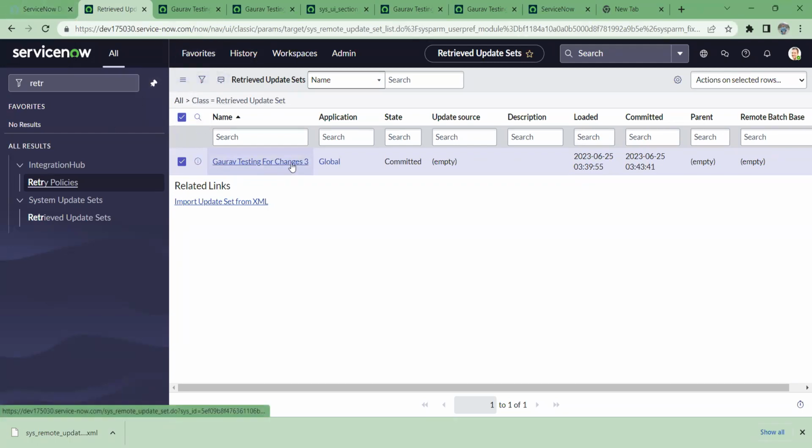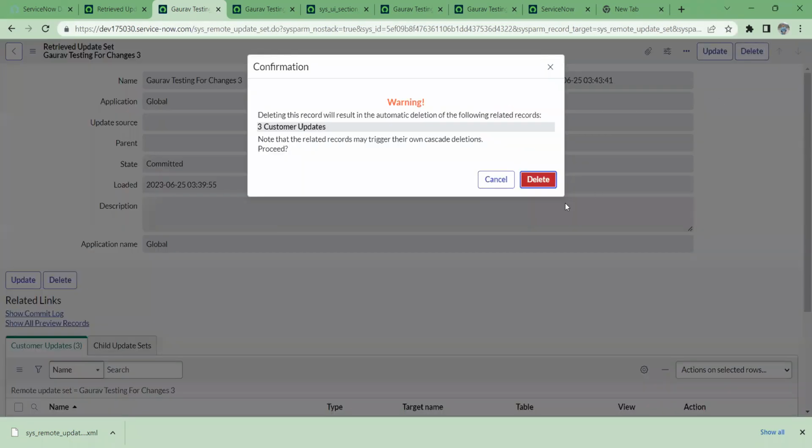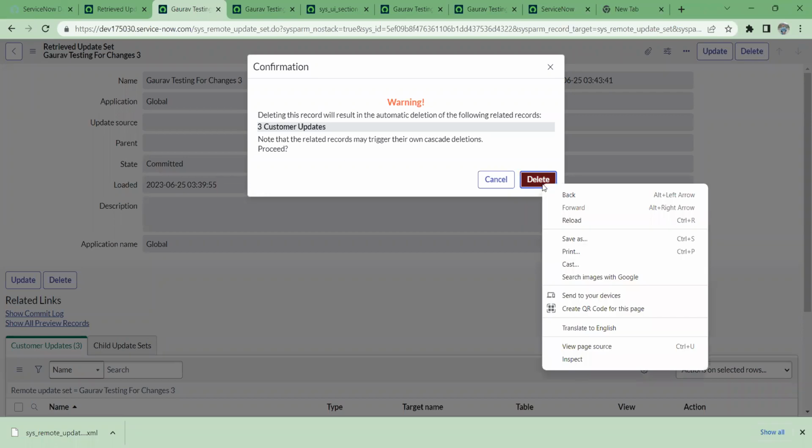Again, you have to export the same update set, but as long as this update set is in the retrieved update set, it won't allow you to upload it into the instance. Then you have to delete it from the other instance. Meaning you have to jump over into the QA instance, then you have to delete this from the retrieved update set,